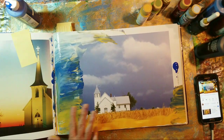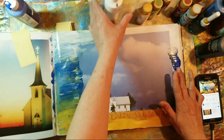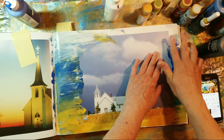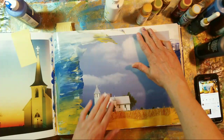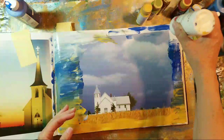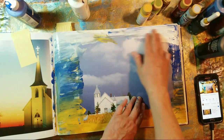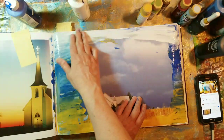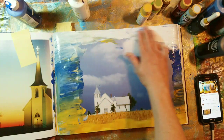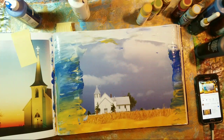And as I said, I'm much happier with my reverse collage when I come back after the paint is dry. And I'm not sure why that is. I don't even know why it is. Let's put some more white up in here. I'm getting down to the bottom of this bottle of white. But I'm never really happy with this. I didn't put wax paper behind this. I'm never really happy with it until I come back. I'm never happy with it while this paint is still wet for some reason. And I'm just going to grab a...